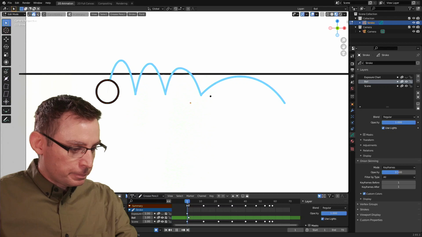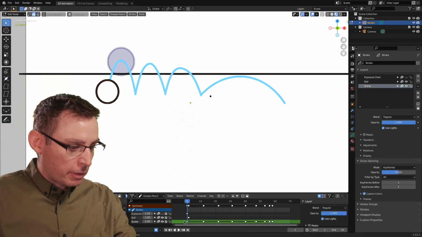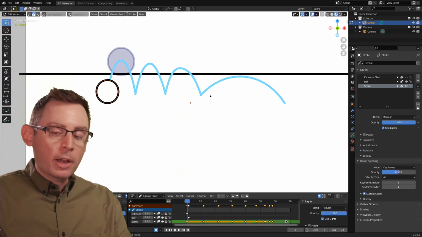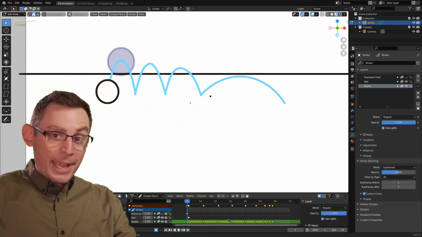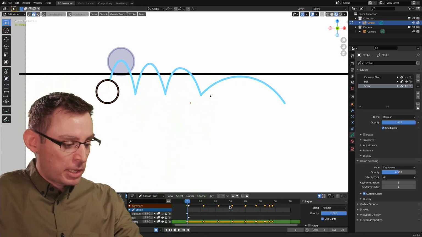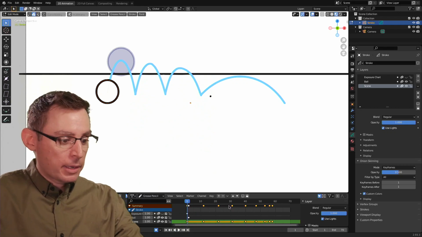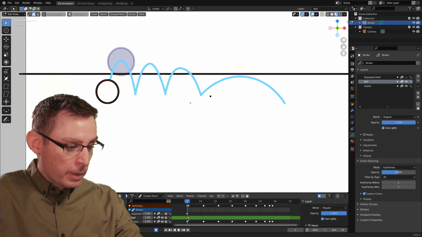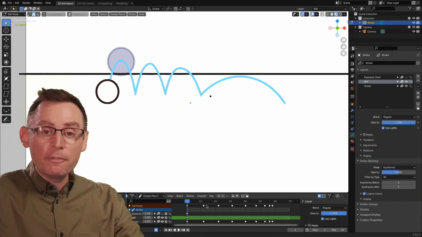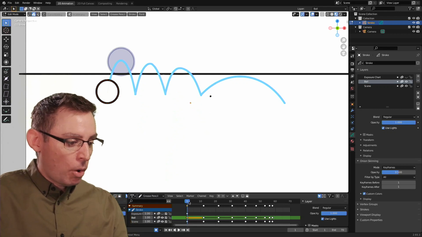I'm going to go to the scene layer itself, and I'm going to select all of my keyframes by dragging out a box with my left mouse button. With my cursor down in the timeline, I can copy those keyframes by doing Control-C on my keyboard or Command-C if you're on a Mac. I'm going to copy those keyframes. I'm going to go up to my ball animation layer, and as you might imagine, I'm going to do Control-V, V as in Victor, or Command-V, to paste in all of that information.